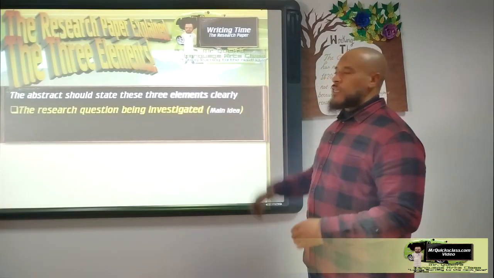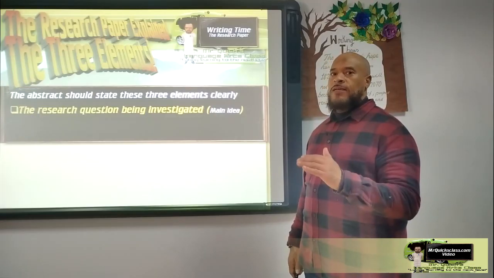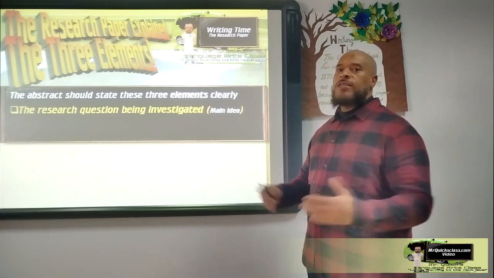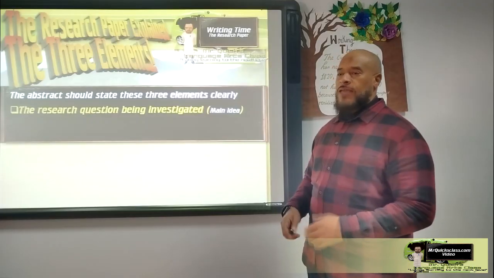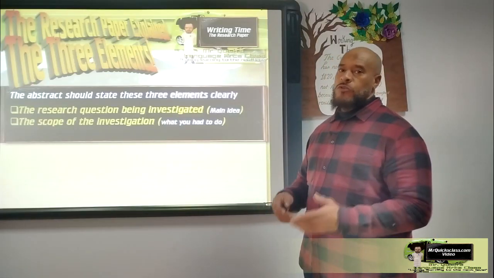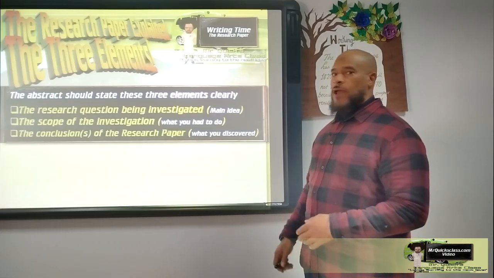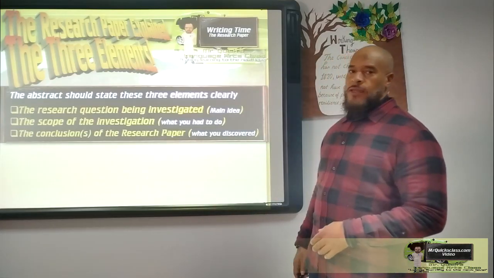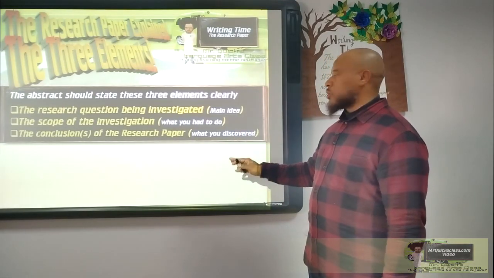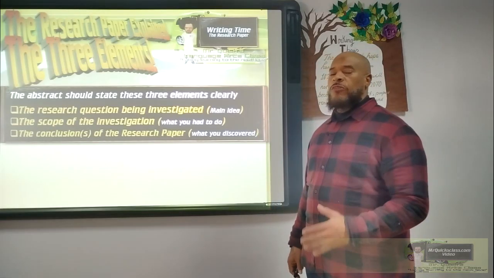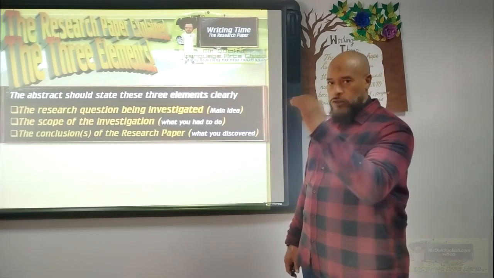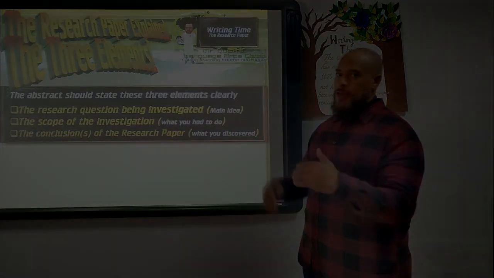I tried to put these in the order of the three paragraphs that make up the abstract. The first paragraph, of course, is going to be about the research question that you had to investigate. Essentially, that's the main idea. The second is going to be the scope, what you had to do in order to do the research. And the third element is going to be the conclusion, what you concluded through your research. So we have the main idea, what you had to do, and what you discovered. Those are the three elements of an abstract, and I put them in the same order in which you should have the paragraphs. So the first paragraph should cover the research question or the main idea. The second paragraph should cover